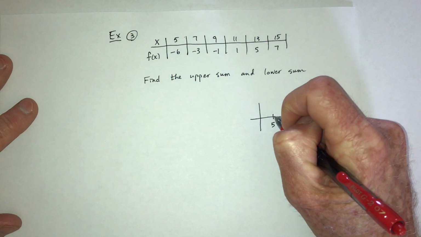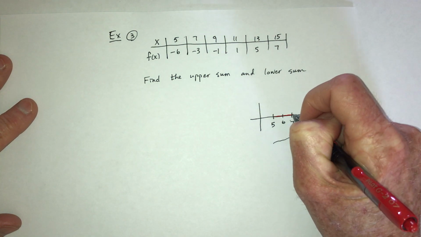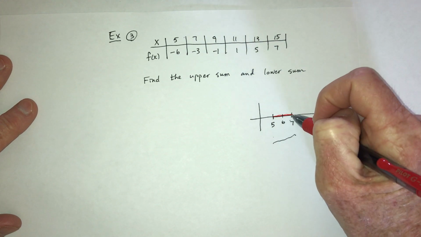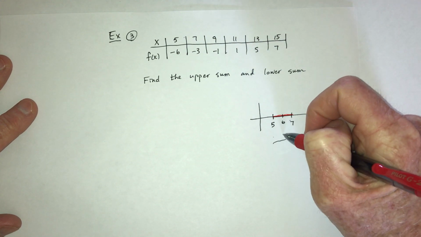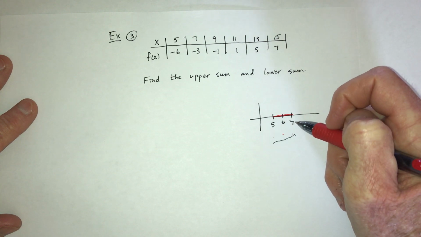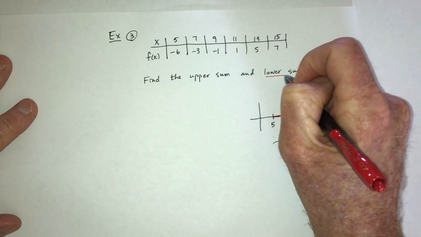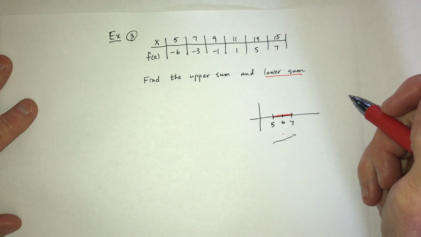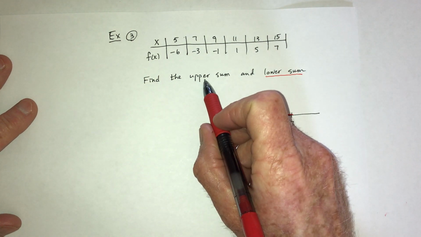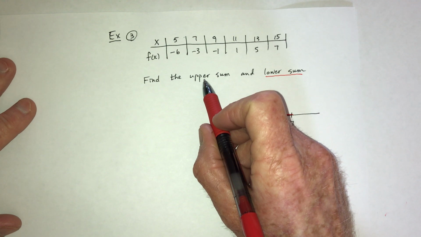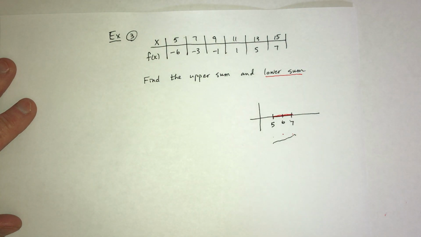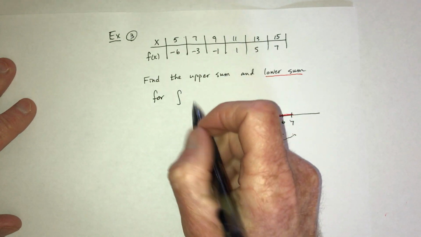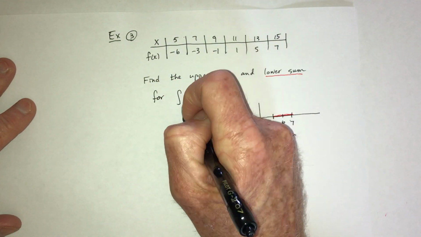When you use this interval right here, you could use the left endpoint, the right endpoint, or the midpoint. And the lower sum means you should use whatever gives you the lowest number. Upper sum means you should use whatever gives you the biggest number. So for the integral that goes from 5 to 15,